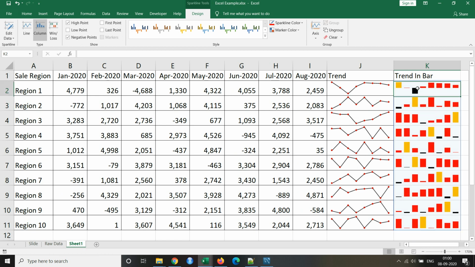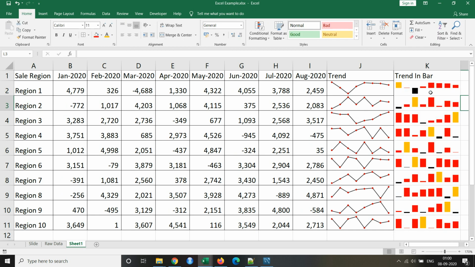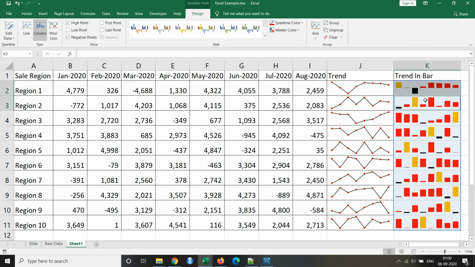So when we see these two graphs, in K2 and K3, we can compare the two regions also. While we were making a loss in region 1 in March, we made the most profit in region 2. So that's how we compare region 1 and region 2, right?